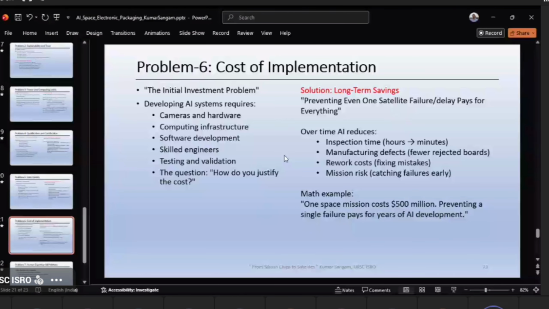So although it is costly, there is the initial implementation cost, setup cost, and everything. But if we see the spread, the way it is done in the balance sheet of any company, like the depreciation for any equipment, similarly if we spread this capital cost, we'll realize how important and cost effective it is if we do it in the correct way. It will reduce inspection time, man hours and cost. Manufacturing defects: the earlier you catch them, the much cheaper it is. Rework cost, because rework also requires money. Mission risk, most dangerous of all, will be minimized.